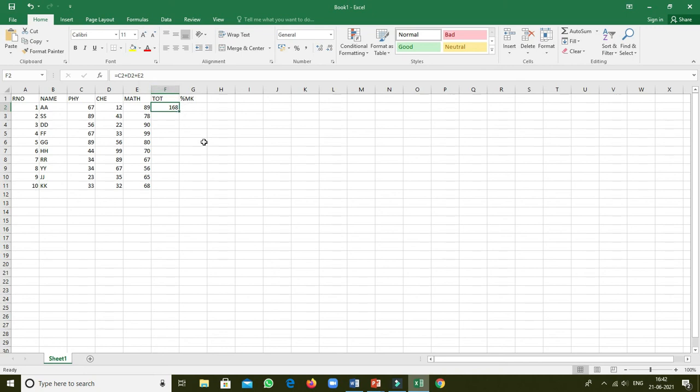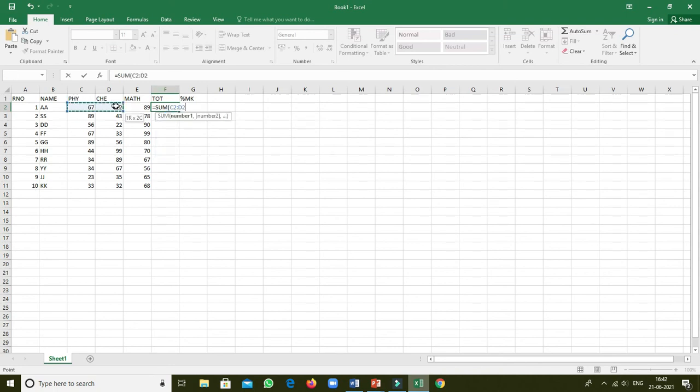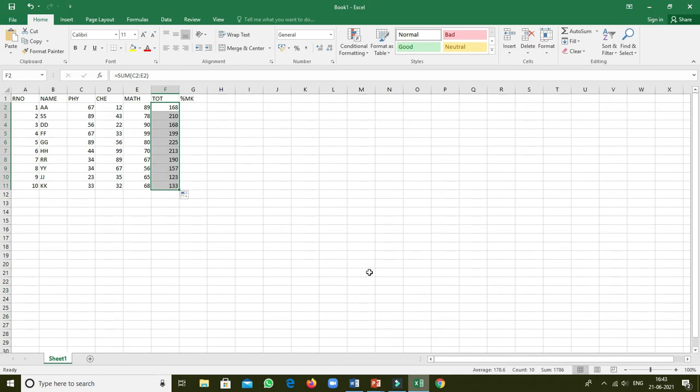So it is better to use a shortcut formula. The shortcut formula is called auto sum or the sum function. Okay, here auto sum is there. Sum, average, these functions are there. You can select this function, otherwise you are also able to write it manually. If I write manually equal to sum, then open a bracket, select this one, drag the mouse to the right side, automatically C2 to E2 is highlighted, then close the bracket, press enter. Over. Total mark is displayed. Now drag down. Yes.